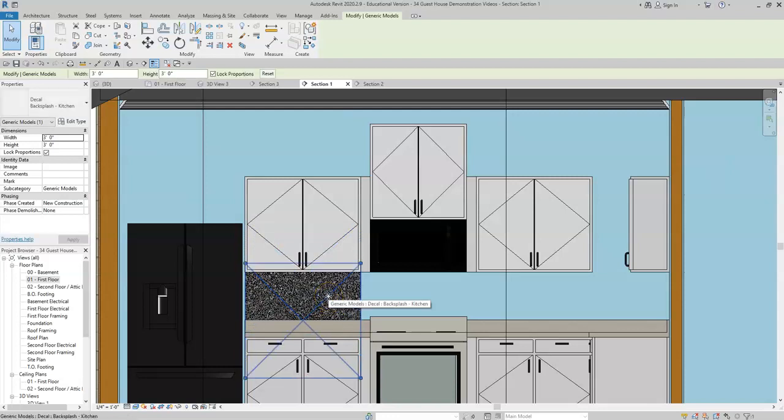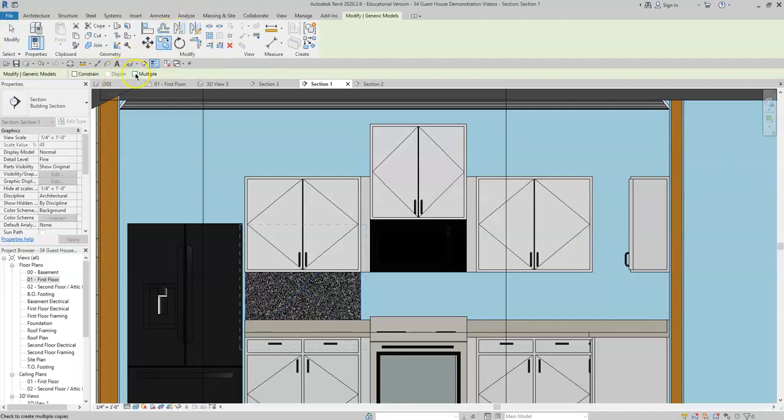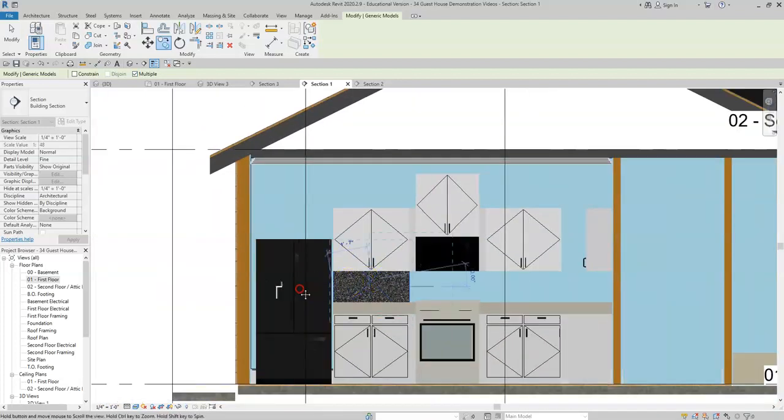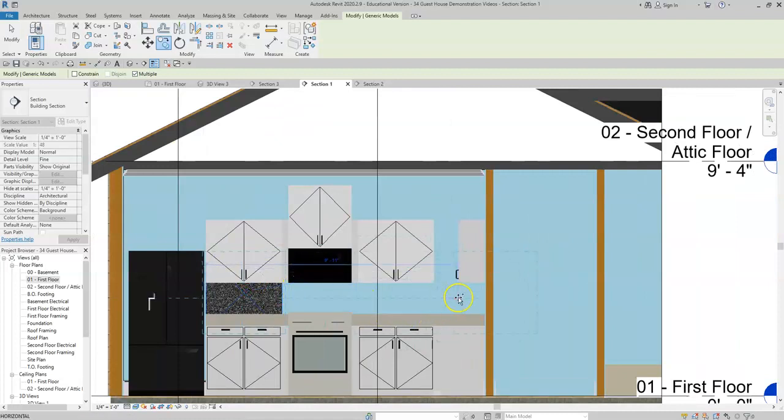and then we can simply copy it across the wall. Alright, so we'll click on the copy command, and we'll click multiple copies. That way we can continue to go across in one command. I'm going to click here, and here's a trick of Revit. I can pull my mouse all the way down,